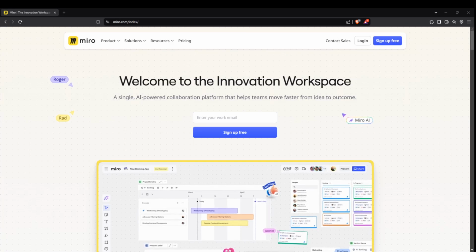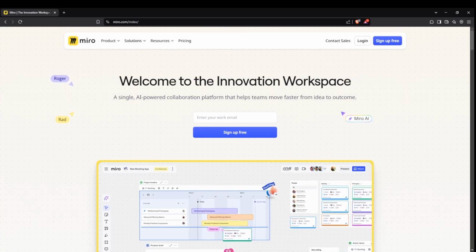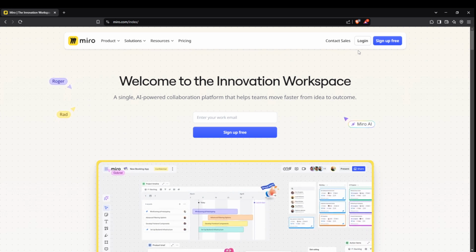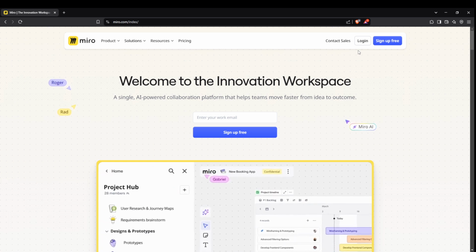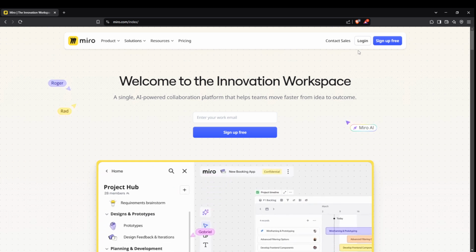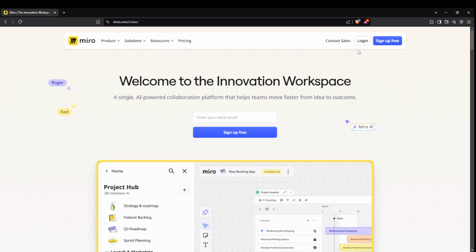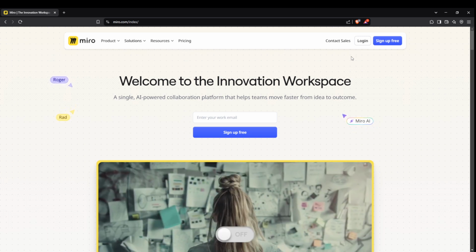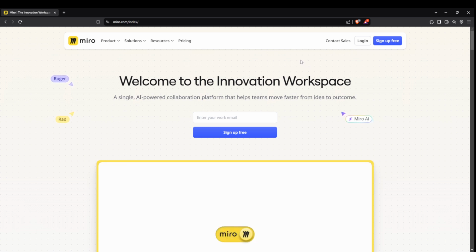In today's video, I'm going to teach you how to embed a Miro board as HTML. This process will allow you to easily integrate a Miro board into websites or other platforms that support HTML. It's perfect for those who want to share their board's creative insights or collaborative designs with a wider audience directly through a web page. This step-by-step guide will take you through the entire process, ensuring that you can achieve this